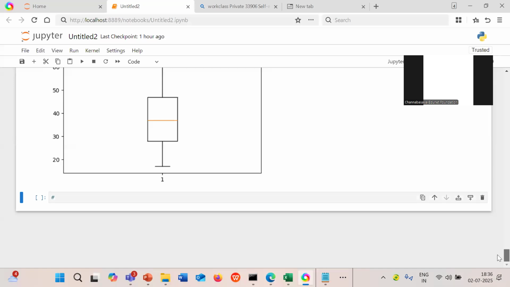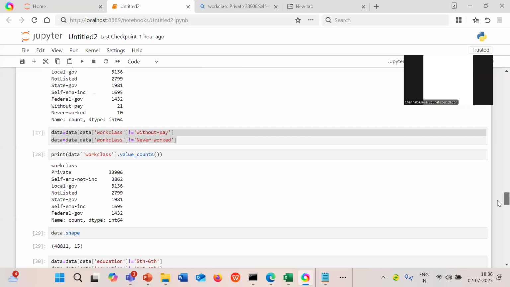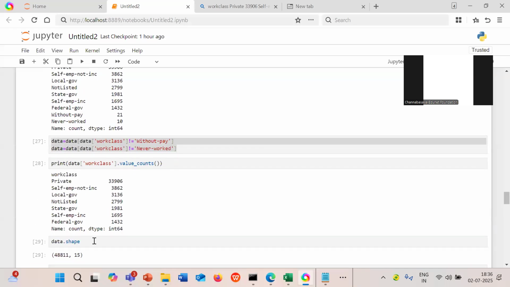So all the categorical values will be converted into numerical values. Let me take an example of this work class. How many categories do we have? Private, self-employed, local government, not listed, state government, self-employed, federal government.